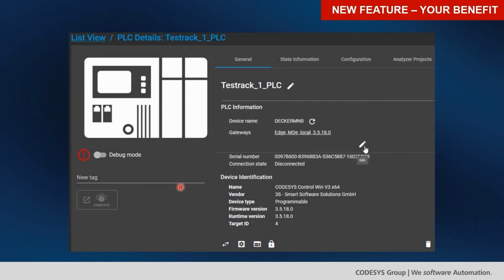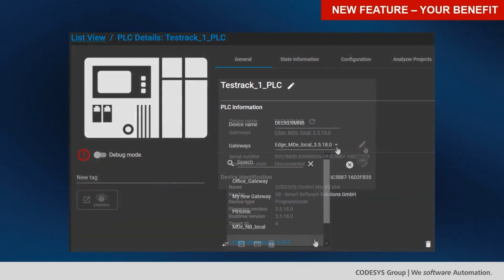In case you want to change the edge gateway that establishes the connection between the PLC and the Automation Server, hit this little pen button here, go to the edit mode, select a new edge gateway in this drop-down menu, confirm your selection,